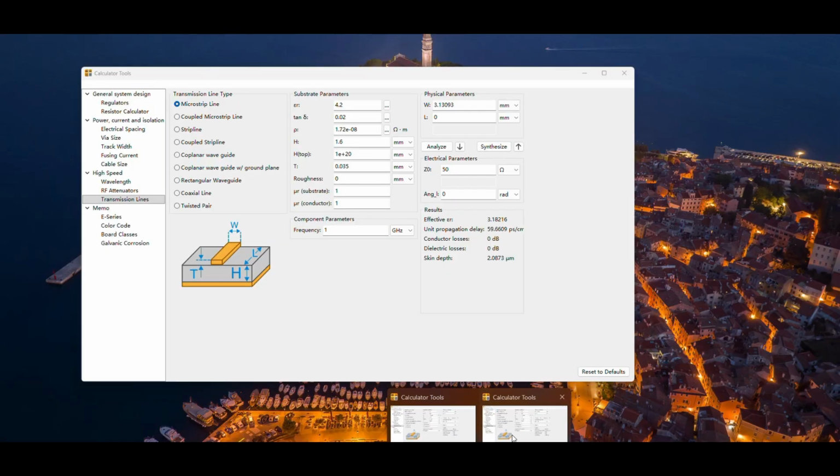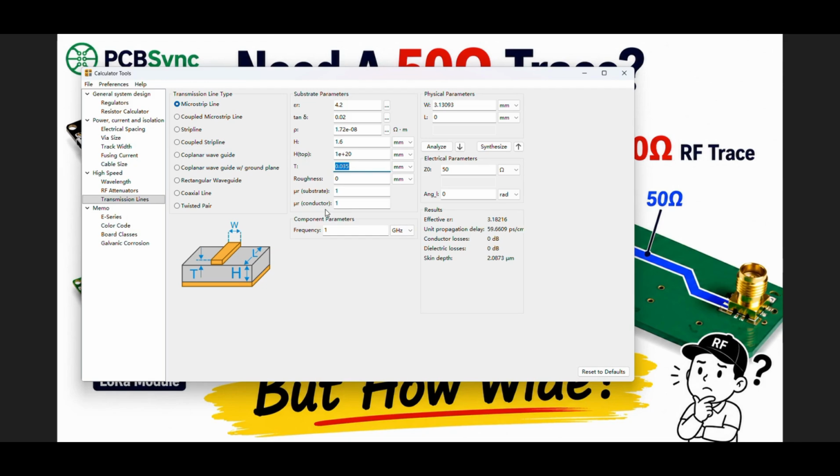Let's first look at the KiCad design calculation tool. So we enter the FR4 dielectric constant value. We'll use 4.2. The board thickness is 1.6 and the copper thickness is 35 microns. So let's do the calculation and see. The width it gives is 3.13